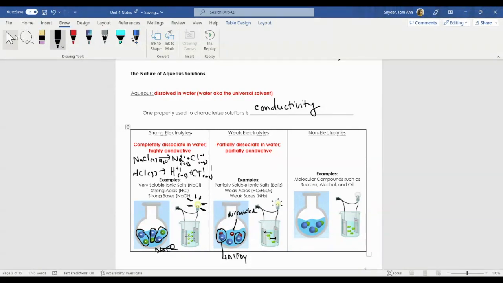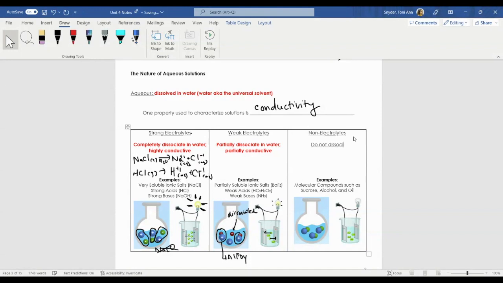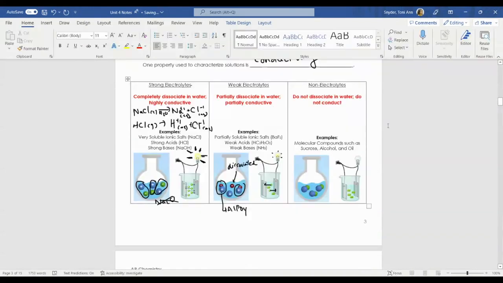Non-electrolytes, of course, which I'm sure you can infer, means that they don't dissociate at all. They do not dissociate in water, and as a result, they do not conduct electricity. So some examples, right? Sucrose. Any sort of molecular compound tends to not dissociate, and that's because they are held together by covalent bonds. We can't break those covalent bonds in sucrose. We can probably break some of the intermolecular forces, but we're not going to break the covalent bonds to totally